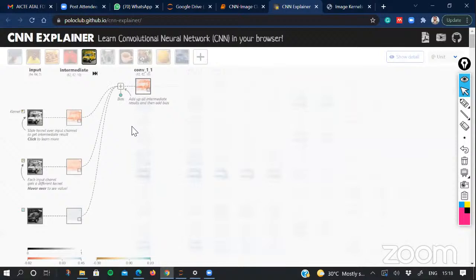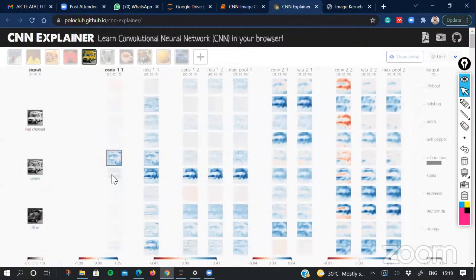So this 3x3 window is rolling over this image and it is computing the values one by one with respect to all these three channels, red, green, and blue. And it is capturing the values and storing them here. Now on the first layer, we are using 10 such filters. So we can click on any filter and we can get these values here.